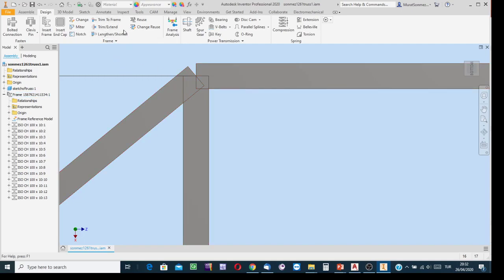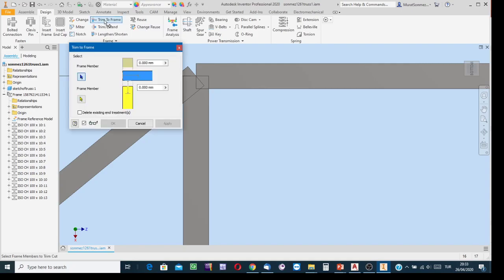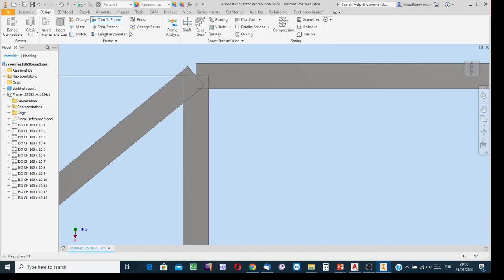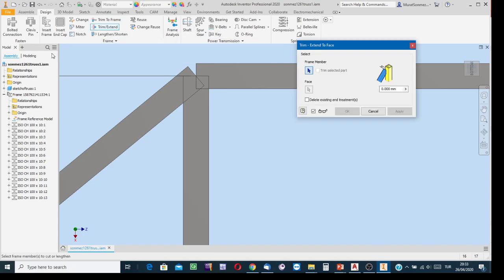Using trim extent, trim to frame, which one? Call my memory, trim to frame maybe. No, not this one. My favorite tool is this one, trim extent. Okay, for the joints where you have more than two interfering members, my favorite tool for editing to prevent unrealistic interferences is the trim extent tool. And then,